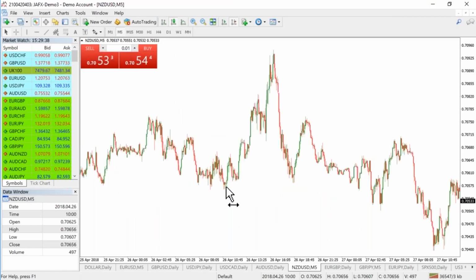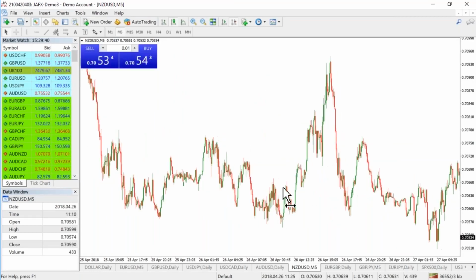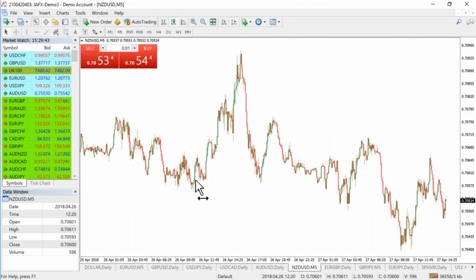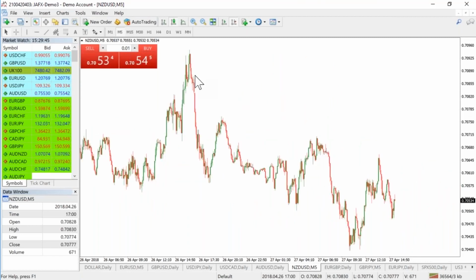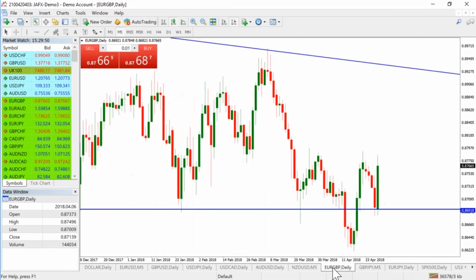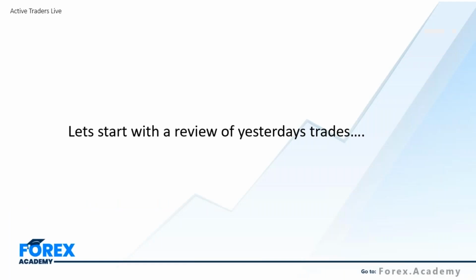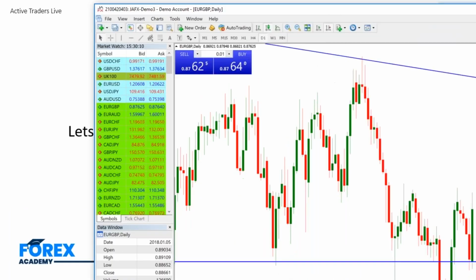So what we did was we didn't want to capture the actual initial break. We wanted to wait for the pullback. So we got the pullback and we were able to get in above the 152.59. And as you can see, prices started to do nothing, and we just got that little roll to the downside. So we placed our stop loss here and we took a small, I think it was about a 9 pip stop loss in that one as well. That was the pound yen.